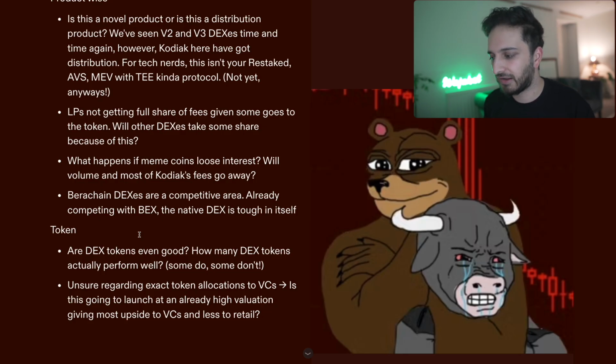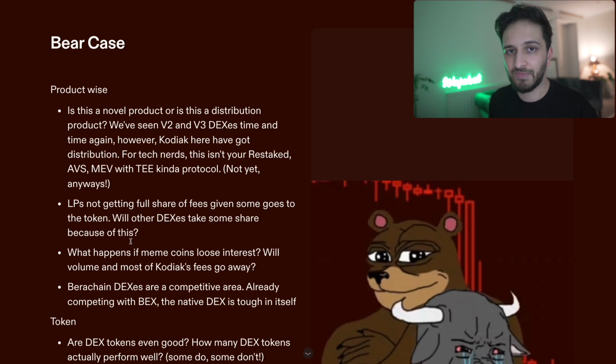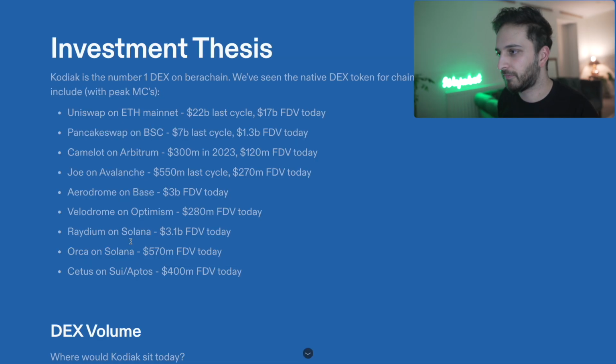And I think you have to remember, this is a token that has had VC investors participate in it. And so what is the valuation going to be like on launch? Is it going to be too high? I don't think so. I'd like to think that they don't do it too high, but that's just another thing to think about. There are going to be people who have exposure to the asset itself. So yeah, don't get dumped on.